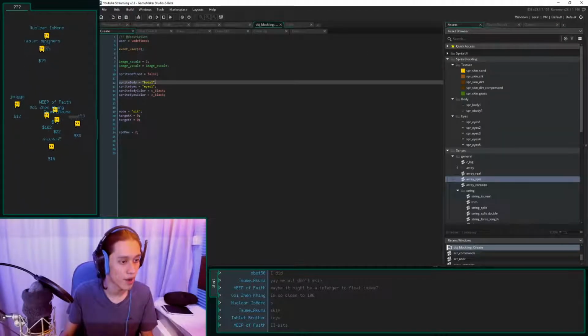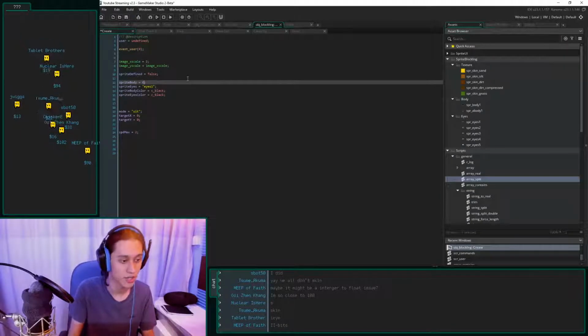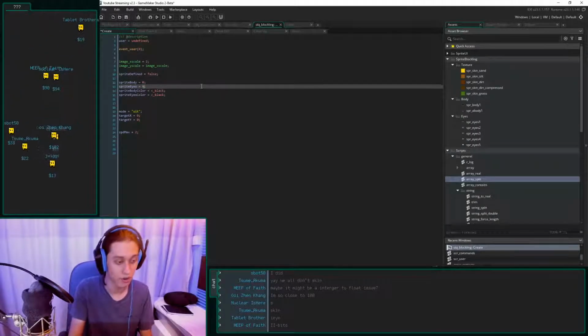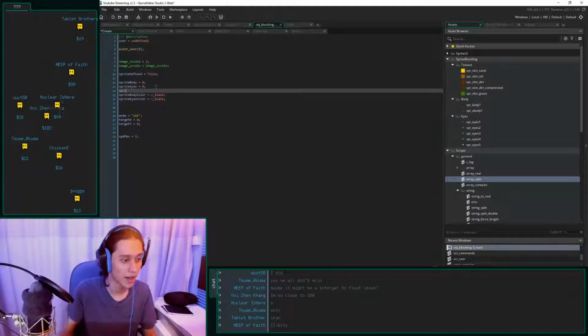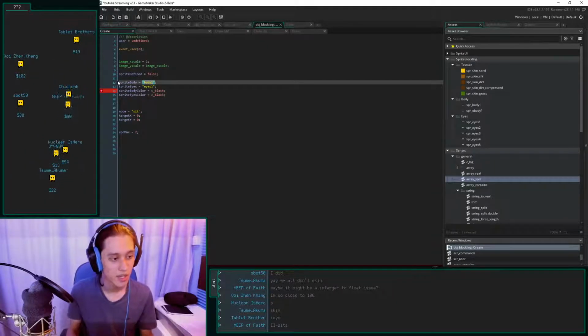Okay, so the sprite body is going to be actually, instead of this being body 1, this is actually going to be a 0. Eyes is going to be a 0. And this is going to be our, actually, what is this? What does this need to be? This needs to be,